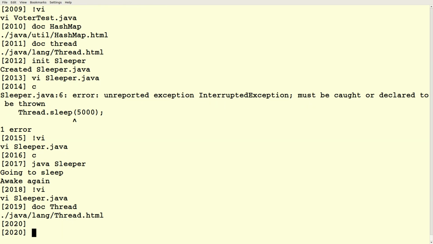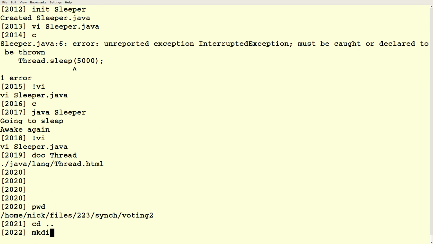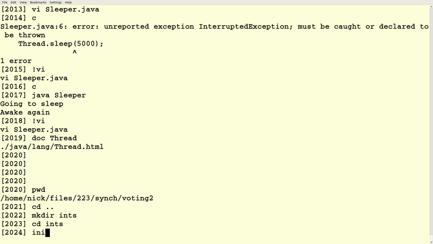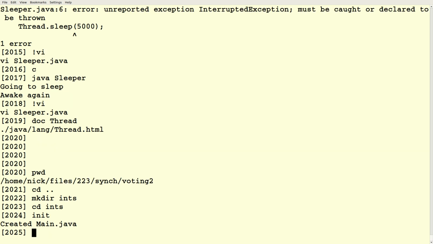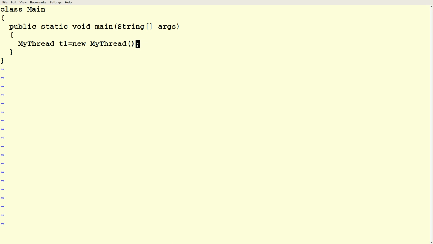So we can do something like this. Let's make a pair of threads.